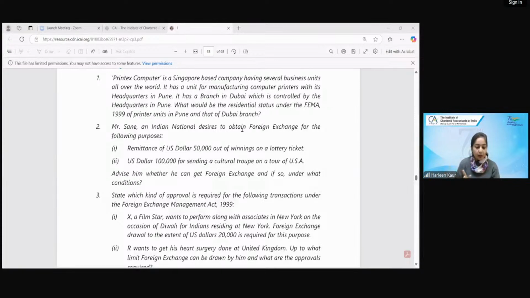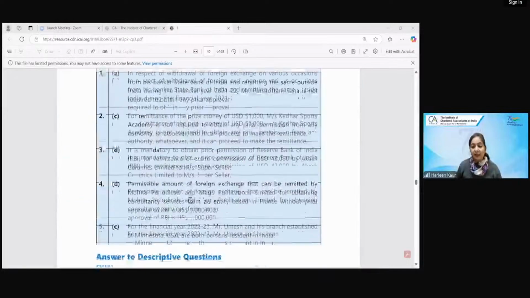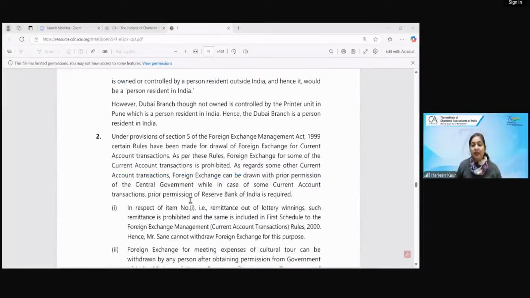All right, Vijay Multani, I hope you're clear on this point now. And I hope my students have answered the second one now. What is the answer to the second one? Sending the cultural tour for US, you need the approval from HRD. And the first one, it is strictly prohibited. You cannot send the money outside India. How you have to write the answers. This is the way you have to express your answers, children.